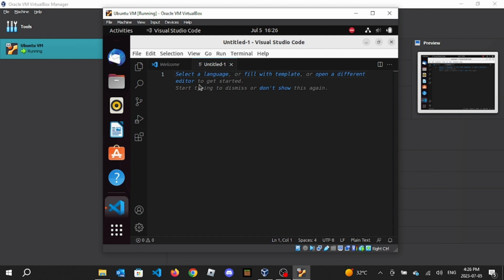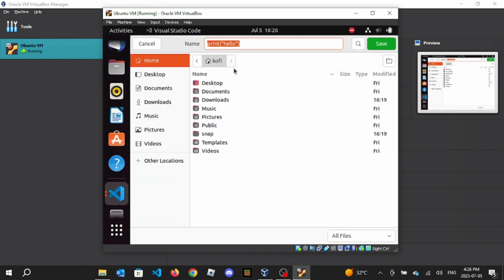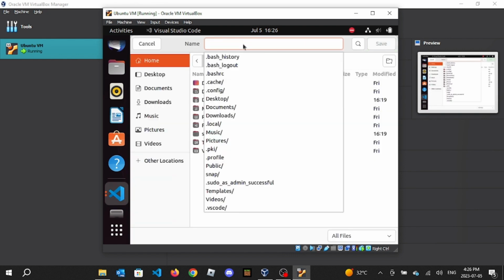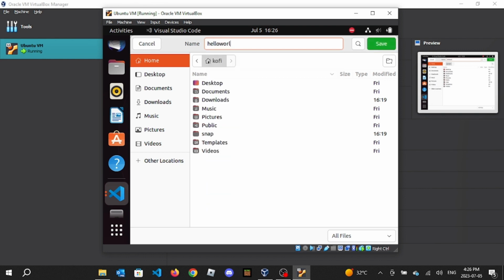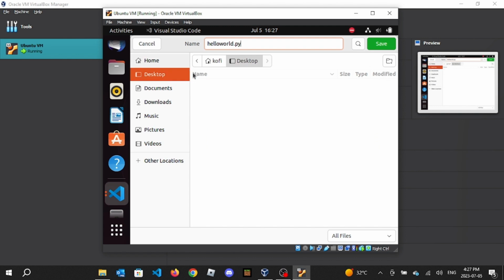So we'll just do like a print hello, Control S. Then it'll prompt you to save it somewhere. We'll just name it test for hello world.py in our home directory, or actually our desktop. We'll hit save,